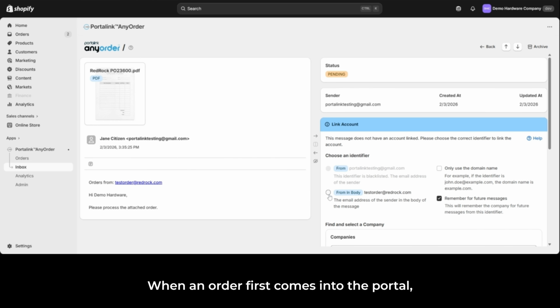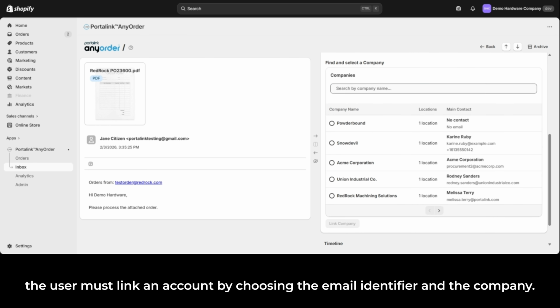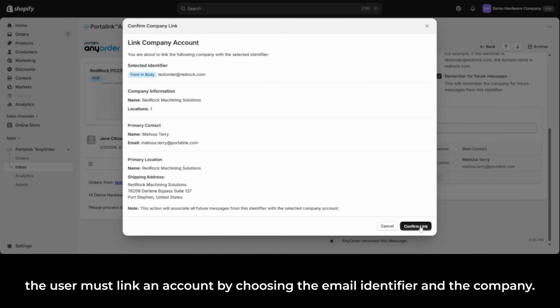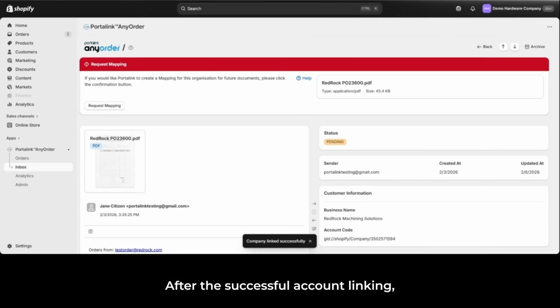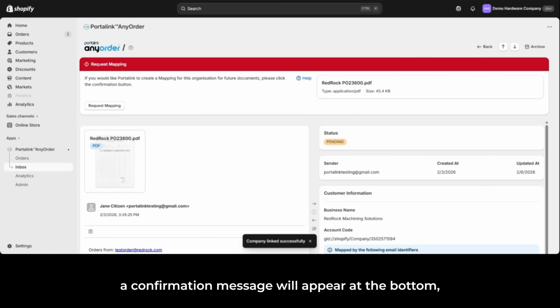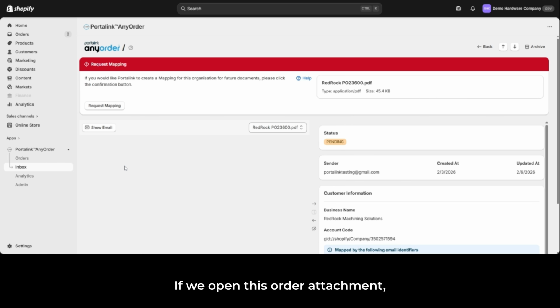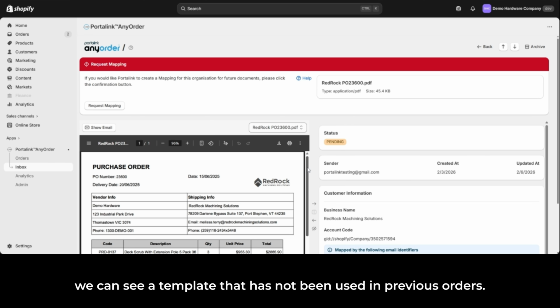When an order first comes into the portal, the user must link an account by choosing the email identifier and the company. After the successful account linking, a confirmation message will appear at the bottom, as well as a banner stating Request Mapping. If we open this order attachment, we can see a template that has not been used in